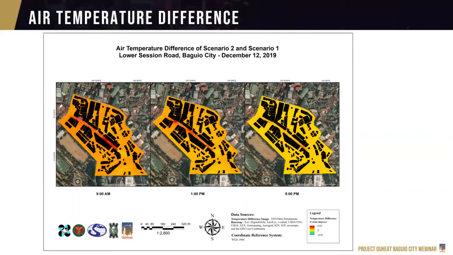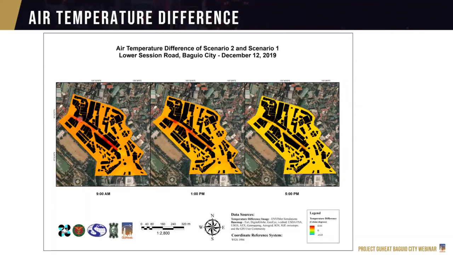So this part. We can see from the map that the road with all the trees removed has a relatively high positive value. This means that the air temperature increased when you removed all the trees. So if you're planning on removing all the trees there, you can see that this is what's going to happen. This can also be used for other scenarios, such as adding new buildings or even a combination of both,